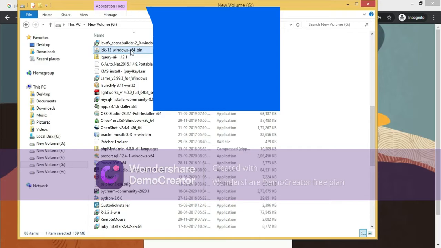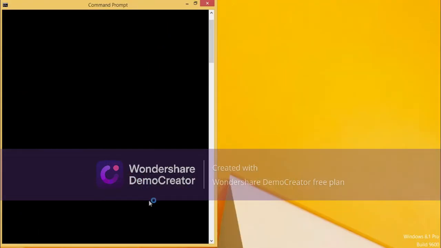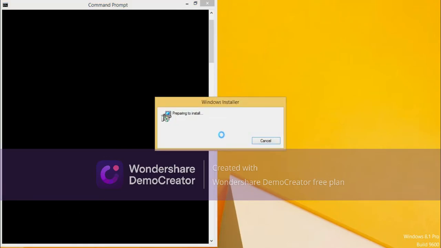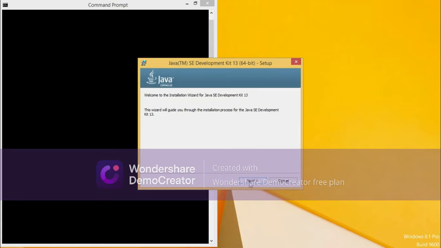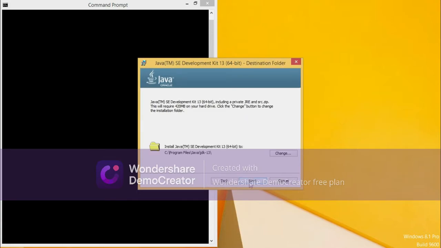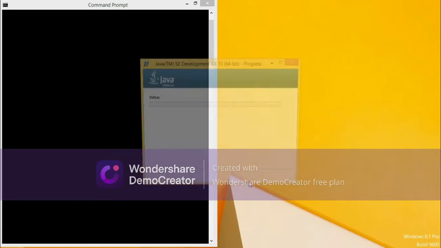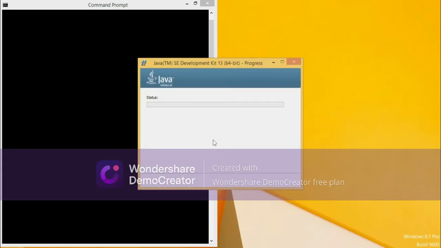It will be asking you for some permissions. Click on yes. It will start installing actually. You will see that in a minute. See, it's preparing to install. Just click on next. The Java JDK will be installed in this location. See, program files Java JDK. Just click on next.